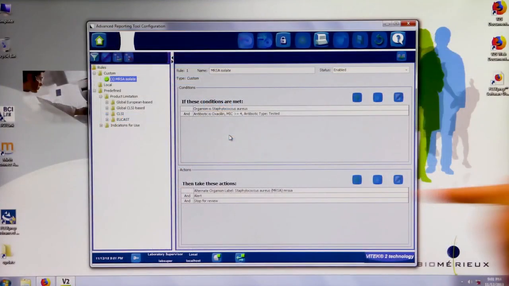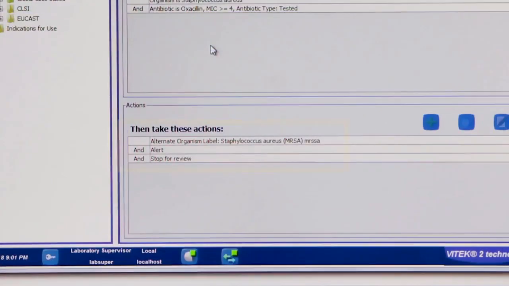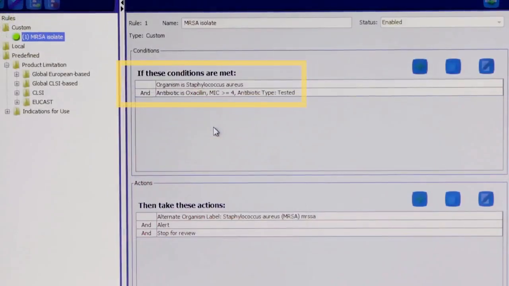In addition to the major changes to the software views, there are also many new enhancements to existing features, such as BioArt in the Advanced Expert System, AES. BioArt has been improved with 3 new functionalities. The first is the introduction of alternate organism labels. An alternate organism label is a new BioArt action that applies a user-defined label, such as MRSA or VRE, to an organism name and then sends a user-defined organism code to your LIS. This can be done as long as the BioArt conditions contain a single organism and a tested antibiotic with a